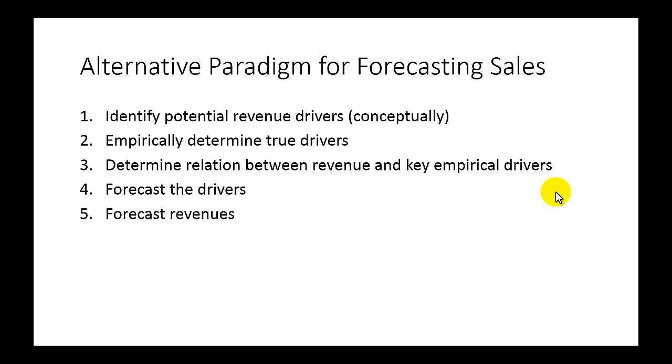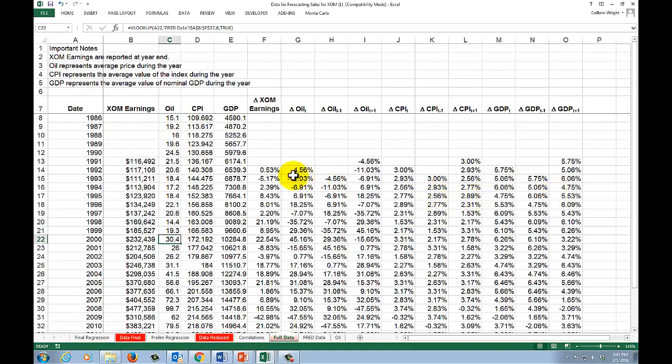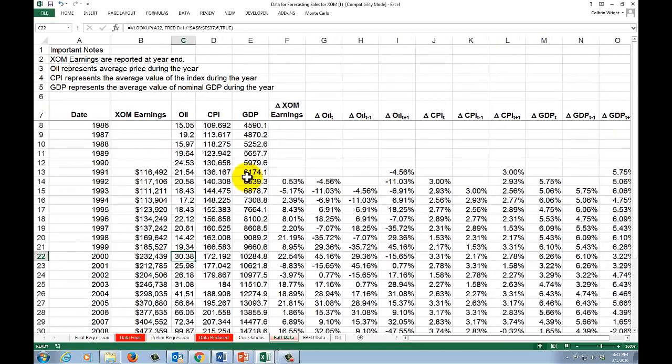Maybe when we're in economic expansions, people are more likely to use energy, more likely to take trips and buy gas for their cars, more likely to keep their homes a little warm during the winter and cooler during the summer. So, okay, maybe the macroeconomy, maybe inflation has a factor. So we could keep going down the list, but let's just grab 3 for now to try to walk through this example. So I'm going to grab oil prices, I'm going to grab inflation data, and I'm going to grab GDP data. So what I've done over here is I've grabbed a whole bunch of data. Make that as big as I can.